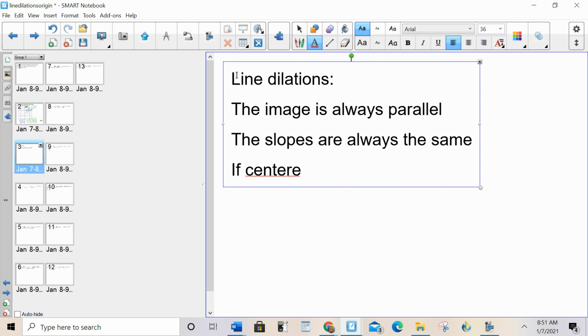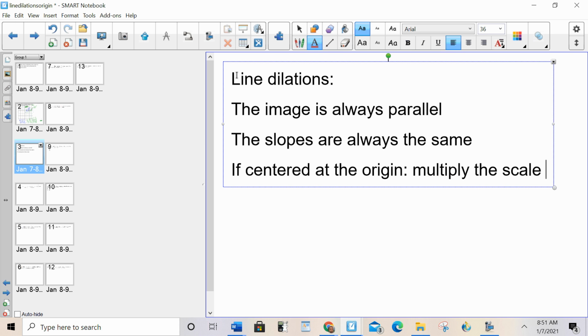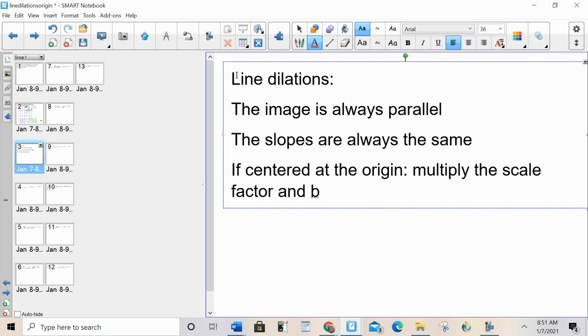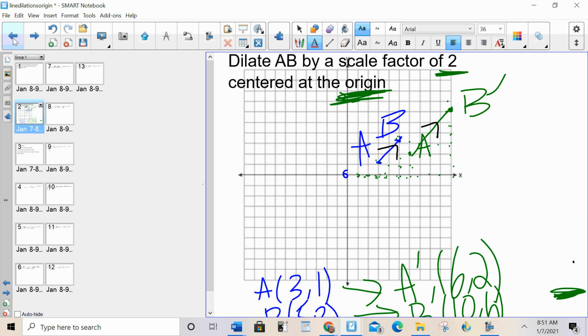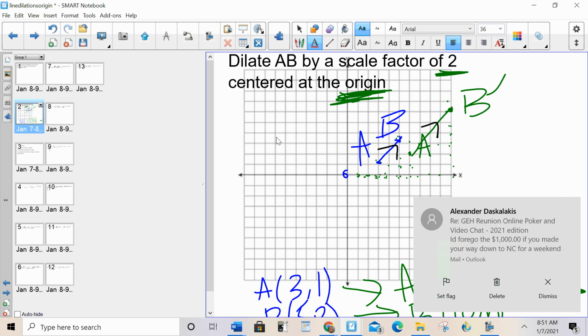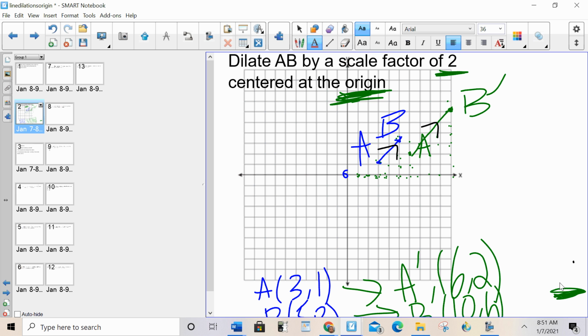If you're centered at the origin, which we're going to do today, then we're going to multiply the scale factor and b. So when you're centered at the origin, whether it is a shape or a point or an equation, you're always multiplying. Now, in this case, we're never multiplying the slope. Since the image is always going to be parallel, the slope is always going to be the same. But the y-intercept, you would multiply by the scale factor. So to help you with this,